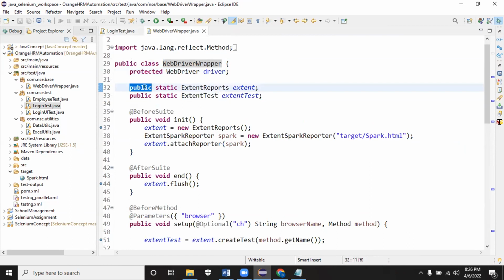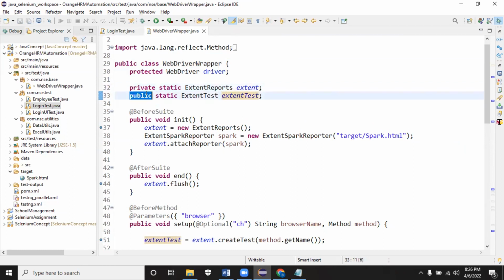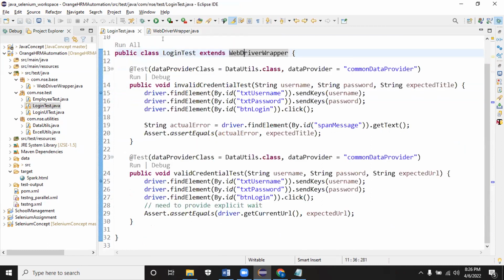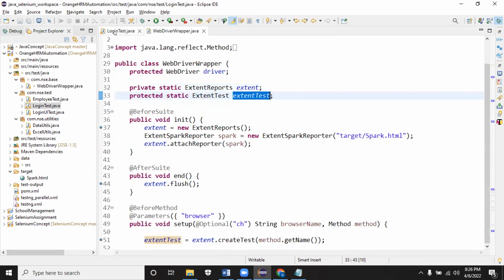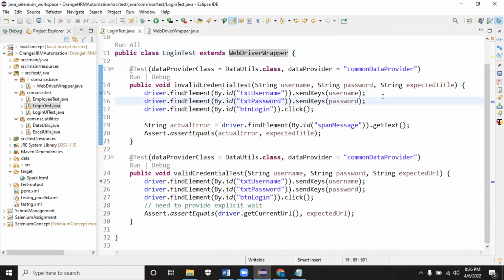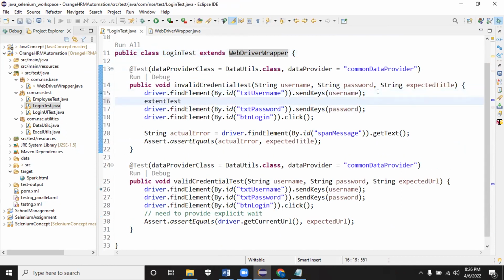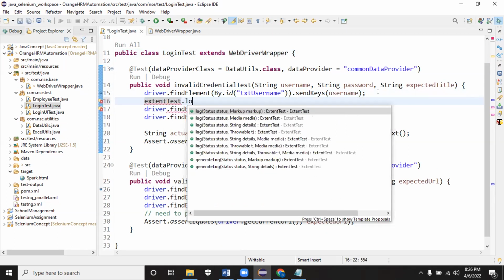And this can be private. You can keep it as private, not an issue, which will be used only within the class. And this we will be keeping as protected or public so that you can access it in the child class. The least level, you can keep it as protected. So this extend test, I'm going to use in the child class. In child class, I'm going to give some message here. Extend test dot log